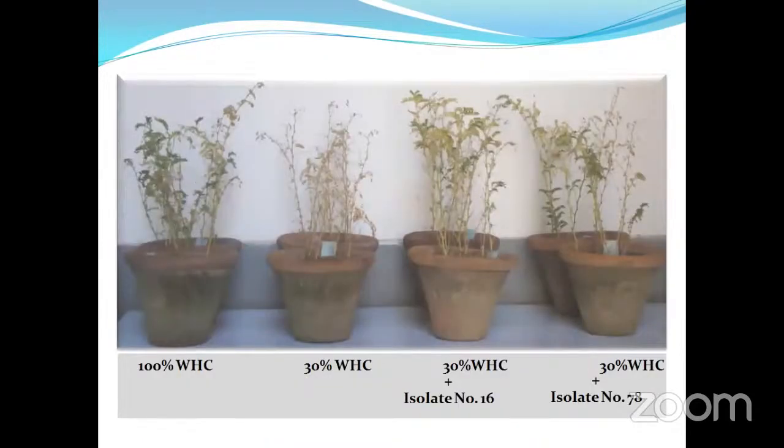So here also, in one study, we have found that in the control plant you can see the growth, and then at 30% water holding capacity, the plants get dried up due to lack of moisture in the soil. Now, whenever we use this isolate which produces the ACC deaminase enzyme, you can see the plant survivability gets better, the plant survives and produces seed, so we can get some yield. So the total yield loss is prevented and plant growth is better whenever we apply this ACC